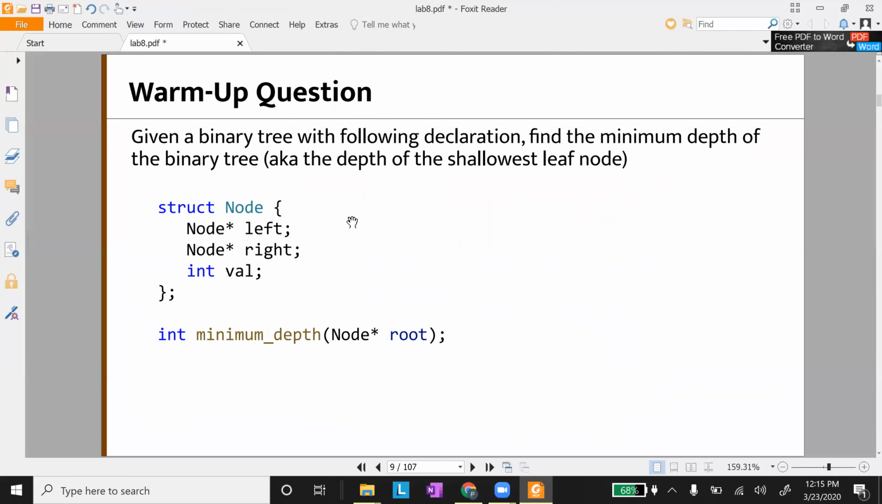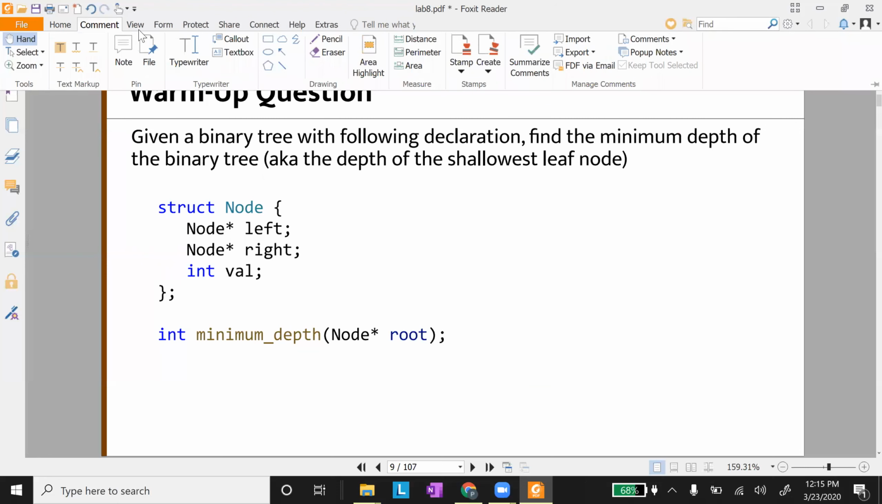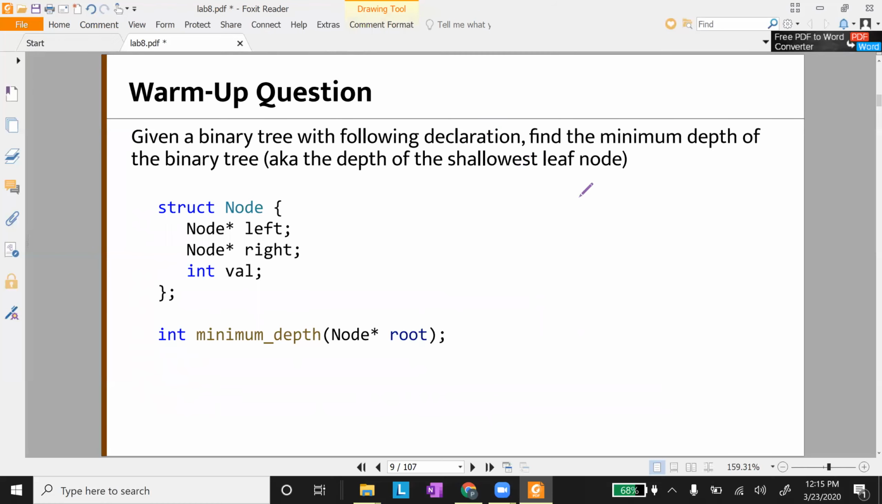So just as a warm-up question, let's look at how you would potentially do this. Find the minimum depth of a binary tree, which is the depth of the shallowest leaf node. An example of that would be something like, if you have a tree like this,